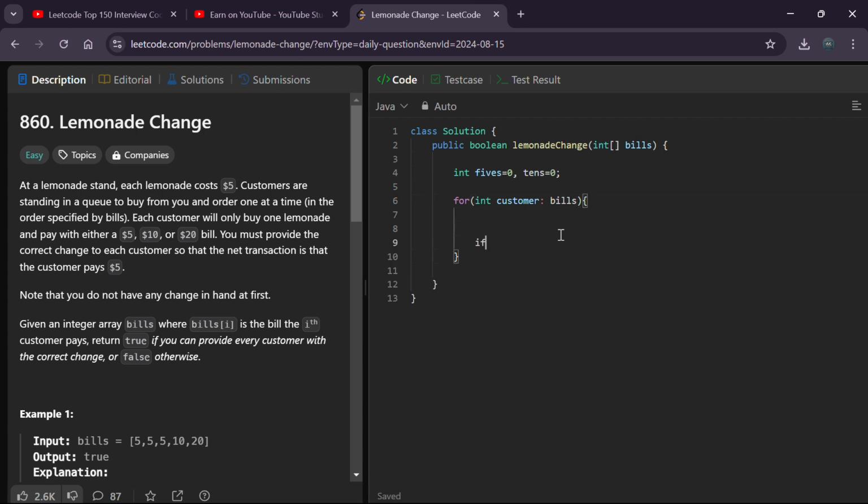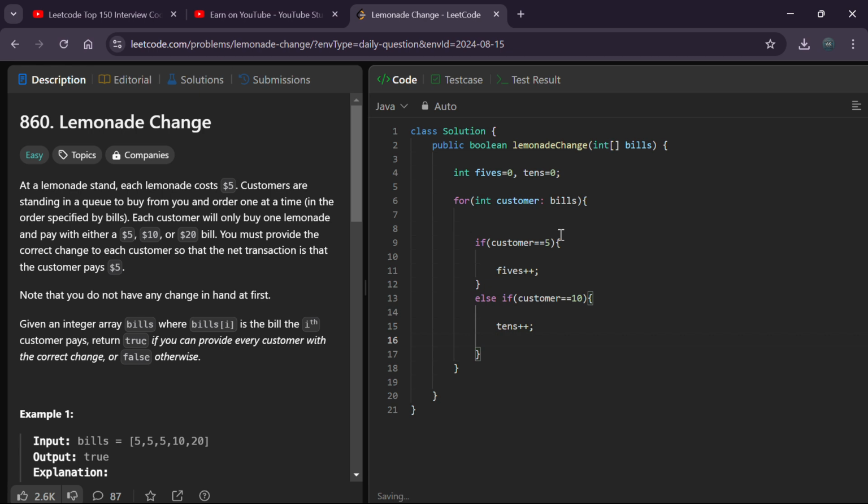when the customer comes with a $5 bill, we have to increment fives, five plus plus, and we don't have to return any change. Next, else if the customer comes with a $10 bill, we have to increment tens first, and we have to return